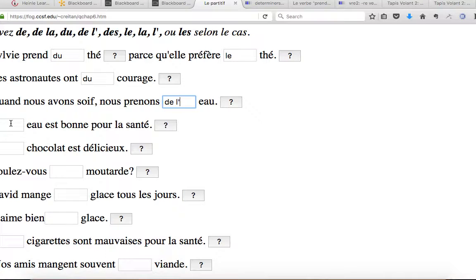So we would say water is good for your health, right? But in French, I've got to use the article. Chocolate is delicious. So even though we don't use an article in English, I'm going to use l'article défini pour le français. Voulez-vous